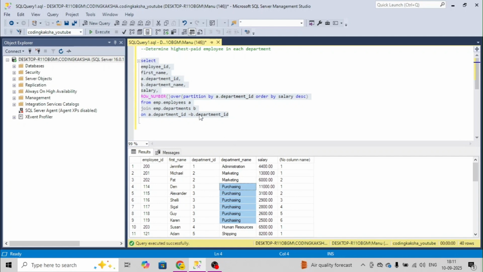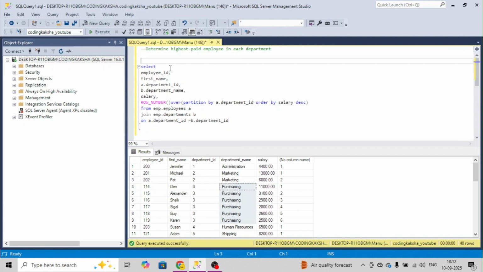Now we got the record. What is the question over here? We just have to sort it on the highest salary. So we will create this temp table using a CTE statement. We will call it table A, or we can give it a rank table name as well, whatever name you prefer.